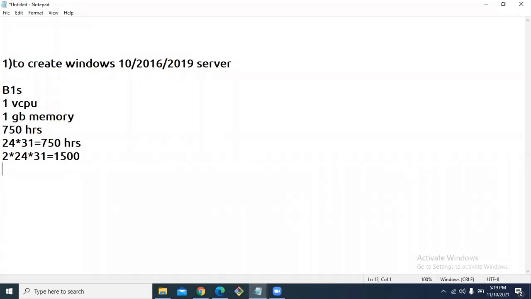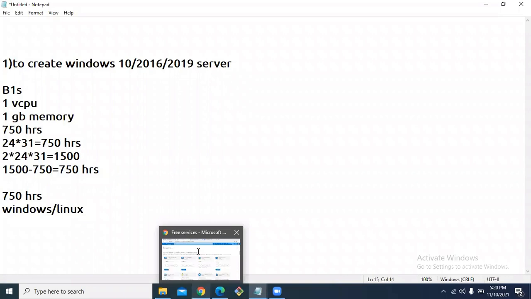They will not charge for all 1500; from 1500 they will subtract 750, so you get 750. For 750 hours only they will charge. Either Windows or Linux, any virtual machine you can use. This is about the free tier.